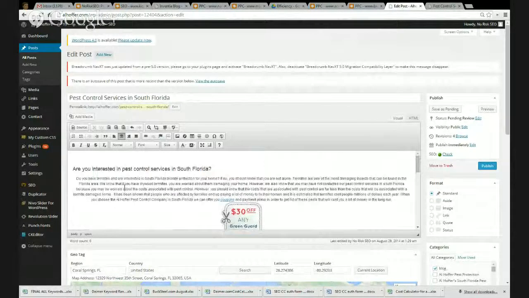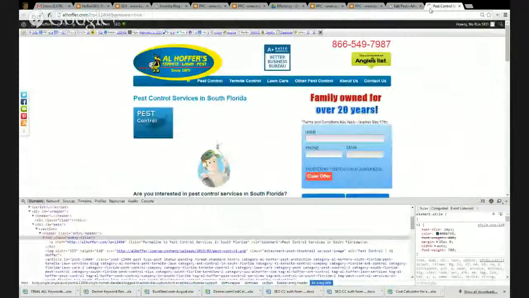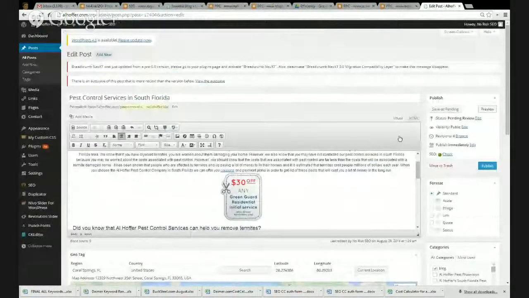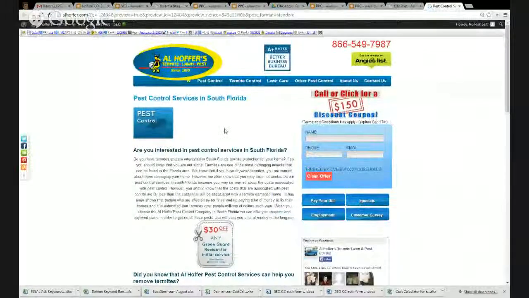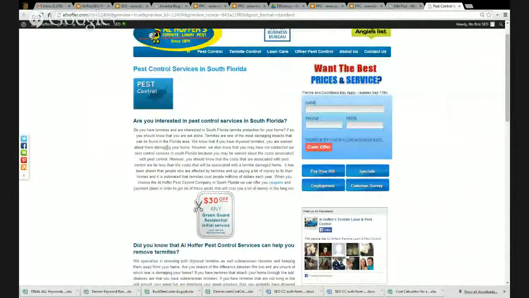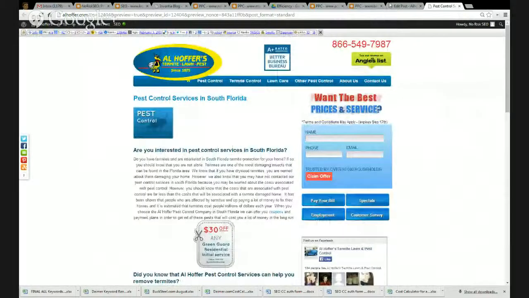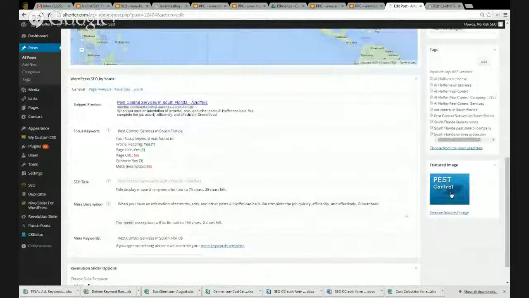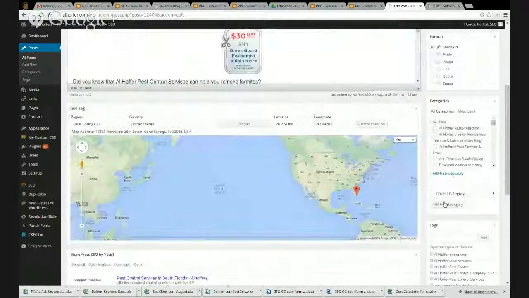And see what it looks like after we remove it by hitting preview again. Oh, sorry. Save as pending. There we go. So I'm going to try and get rid of this. I don't know why it's there. I think if we look, it's a featured image. Okay. So if we remove that featured image,